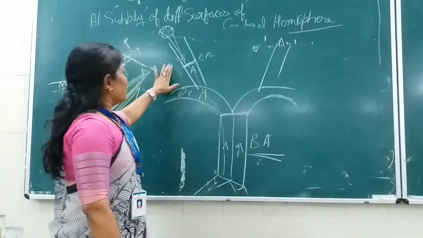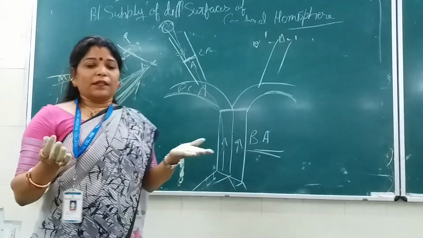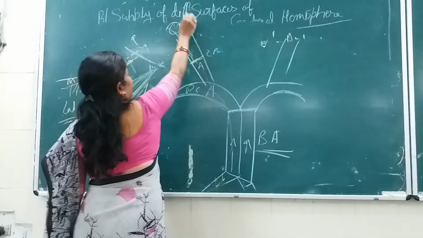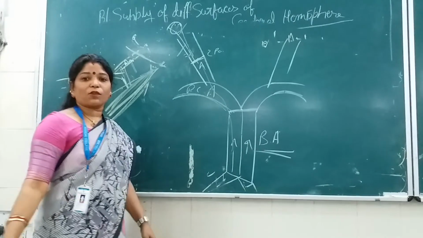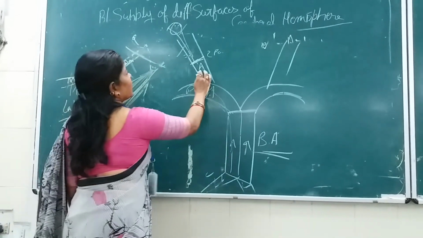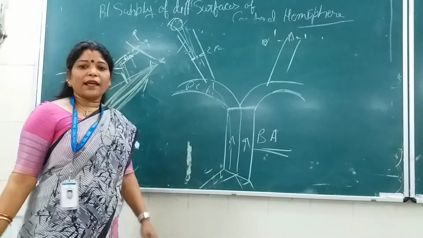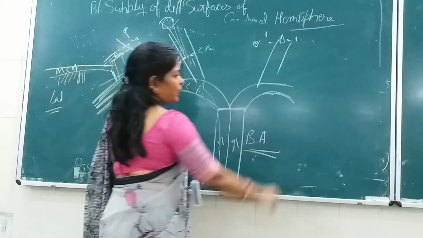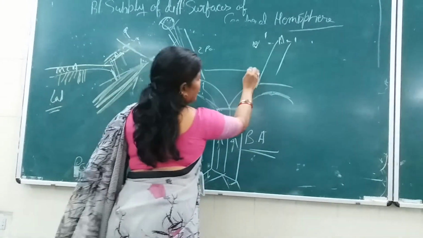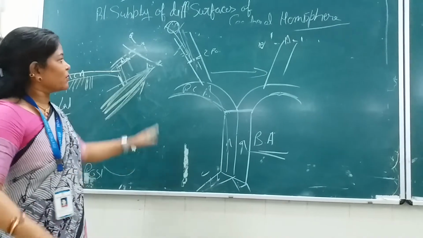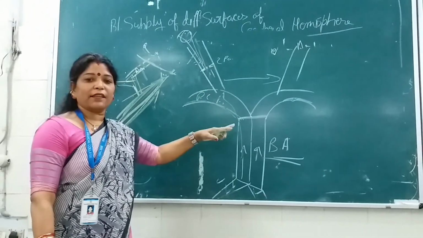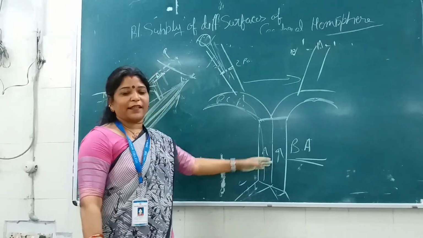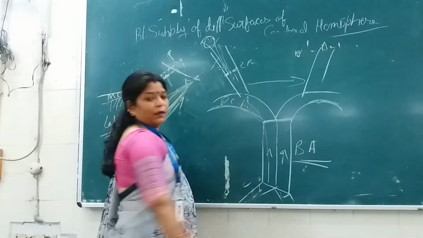But then what is the importance of this circle of Willis? The functional significance is that if any one artery, the internal carotid artery or the vertebral artery, is occluded for any reason, then the blood can move anteriorly and posteriorly on the same side. If the opposite side is occluded, the flow can cross the midline. So that is why there is a need for this functional significance. But normally there is no mixing of blood, even in the basilar artery. The vertebral artery will maintain its pressure on either side.